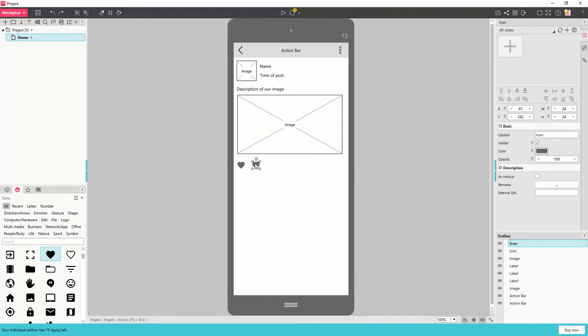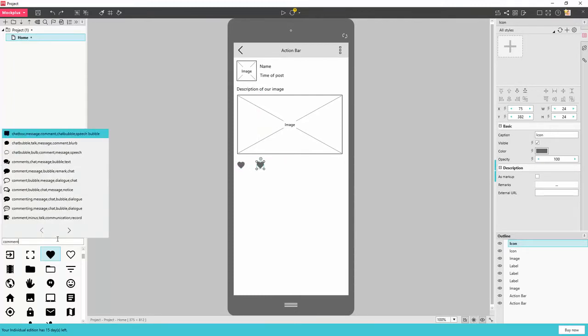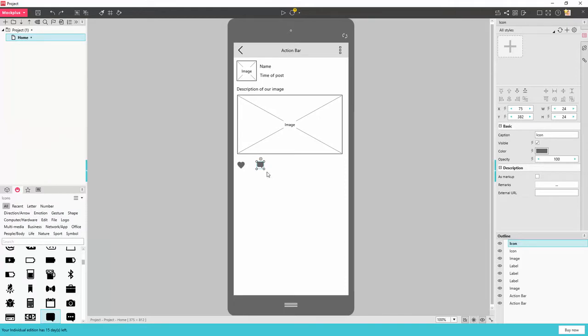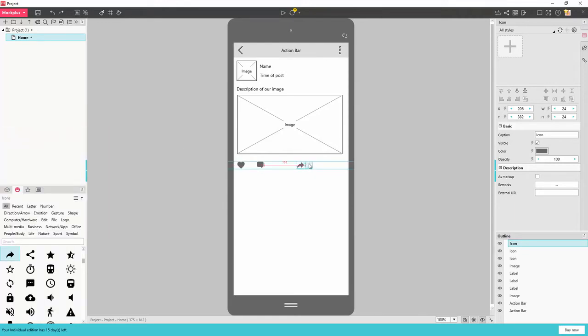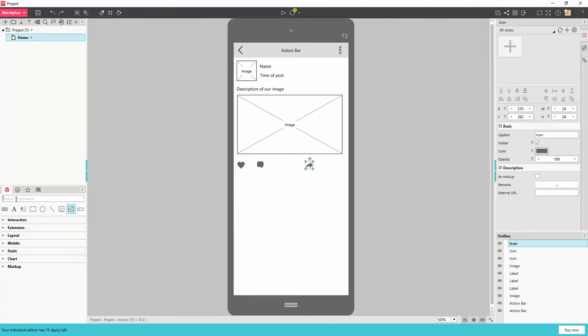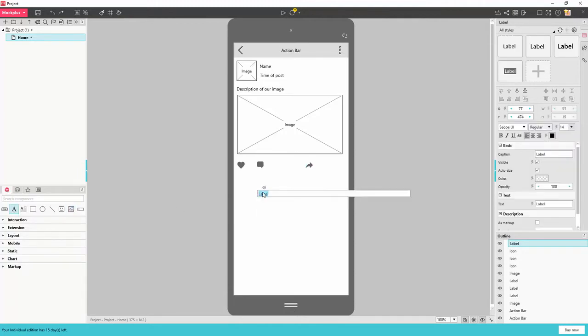So let's duplicate this like so, and now let's try with a comment like this. And now let's duplicate it one more time, and we are going to type in share like so. And now let's jump into the text. So you can click right here and drag and drop some text. So for the heart, let's say 125